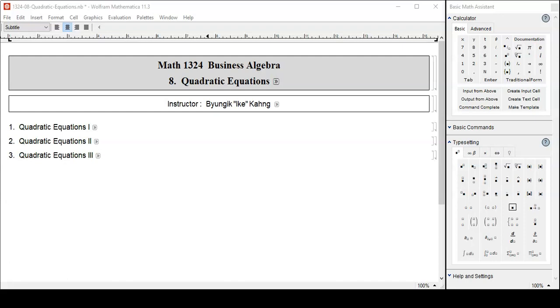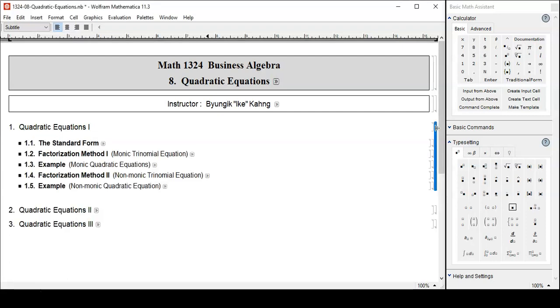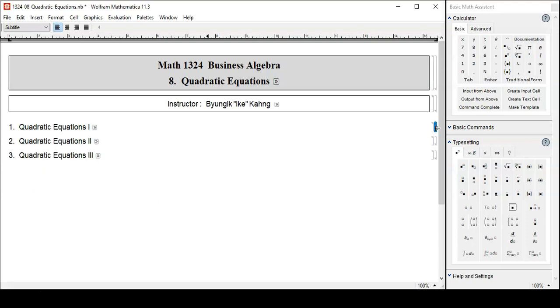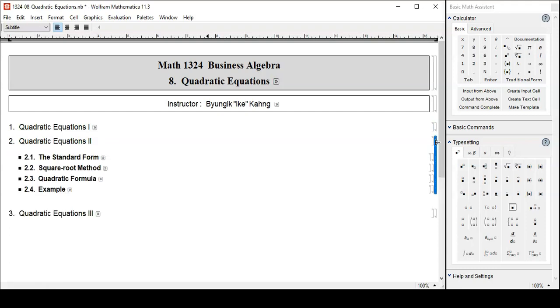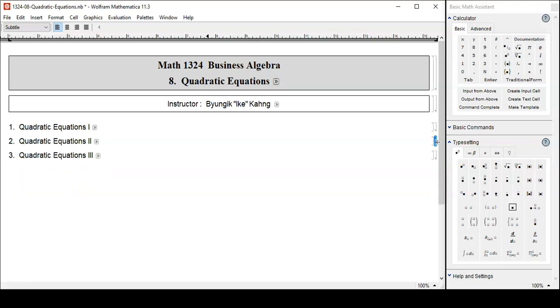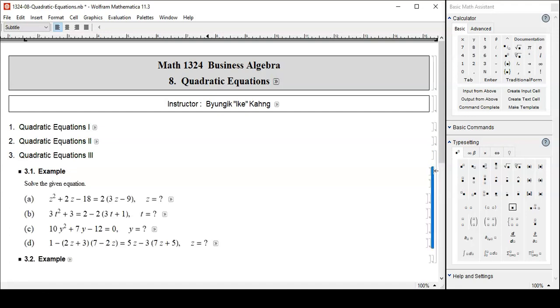Hello students, welcome back. We completed all the theoretical aspects of quadratic equations. First, we went through the factorization methods, monic and non-monic, and then the square root method and the quadratic formula method. We completed them all. Now let's do some applications with these, such as some complicated problems with parentheses to break up, and even more,